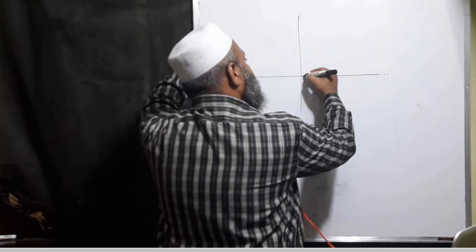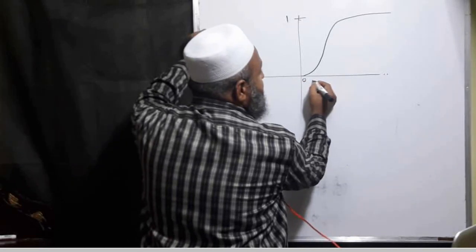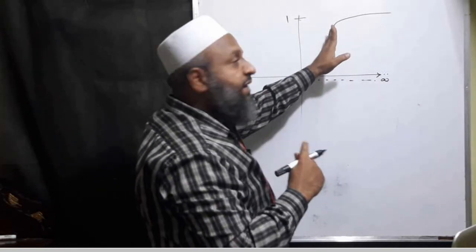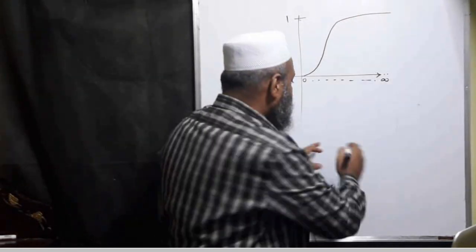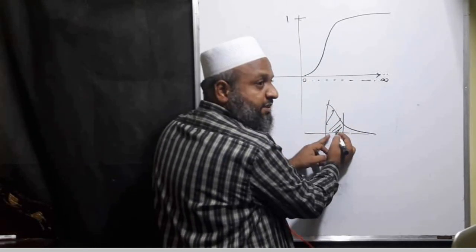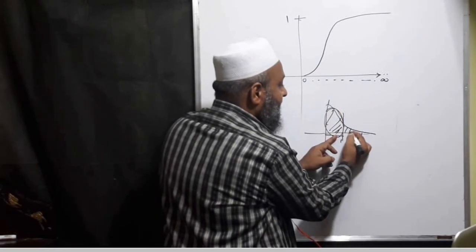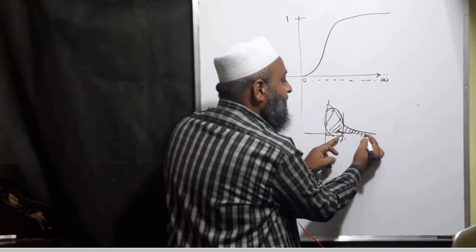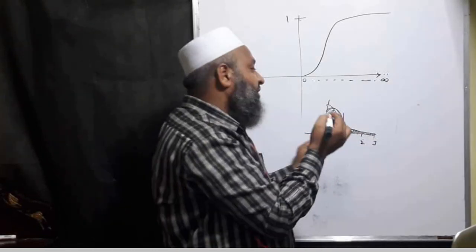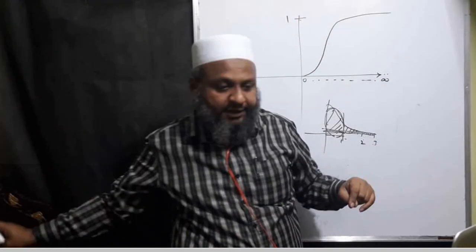The graph goes like this, you might have seen, becoming smaller and smaller, approaching 1. So when x runs from 0 to infinity, the value of the error function increases very fast in the beginning but very slowly at the end. This is because you have a normal graph like this. Up to here, whatever area comes, if you increase one unit up to here, this much area is bigger, and after including one more unit the area is very small, so the total area up to 3 will be a minor change. That is why it grows very slowly afterwards. I hope you got this point.